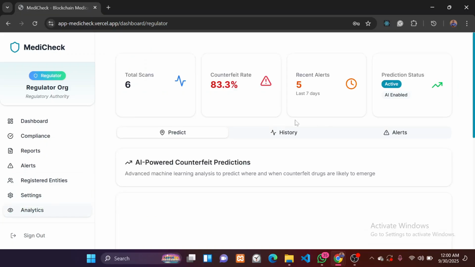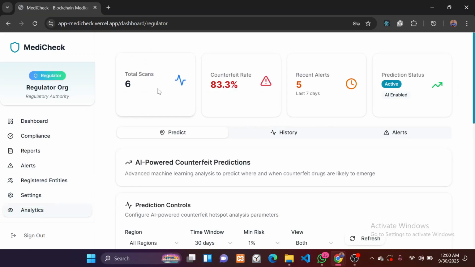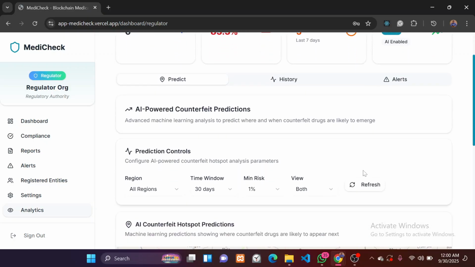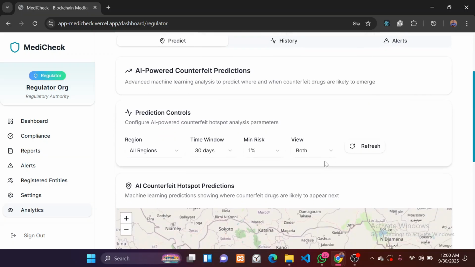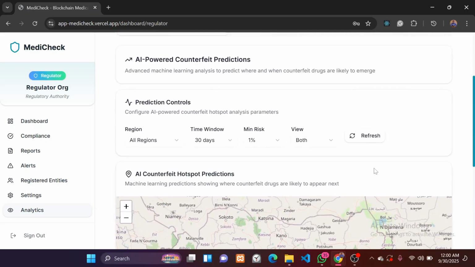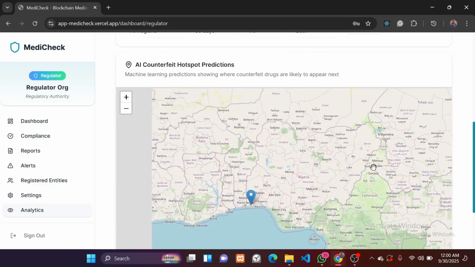Then we have the analytics page, where the regulators can view total scans, counterfeit rates, recent alerts, prediction status. Now on this page, they can have an overview and be able to, using the platform, have a prediction of possible locations where counterfeit drugs are likely to emerge. So they can predict counterfeit drug hotspots around